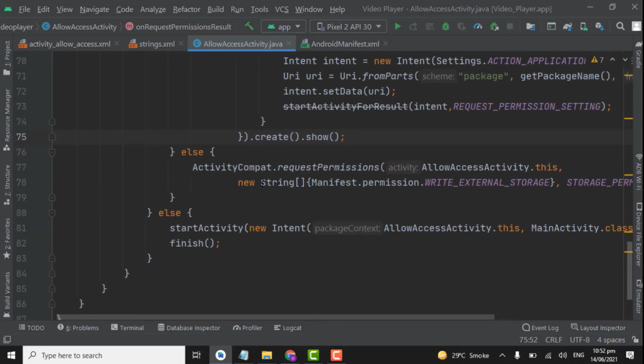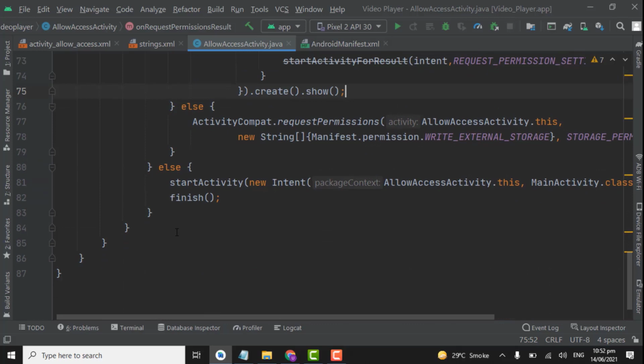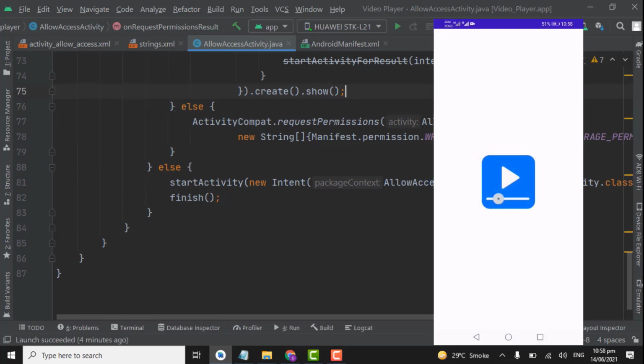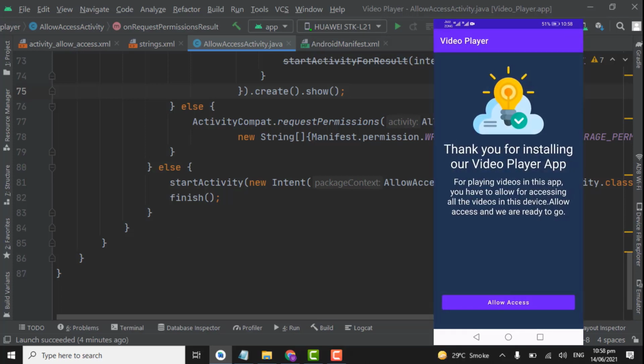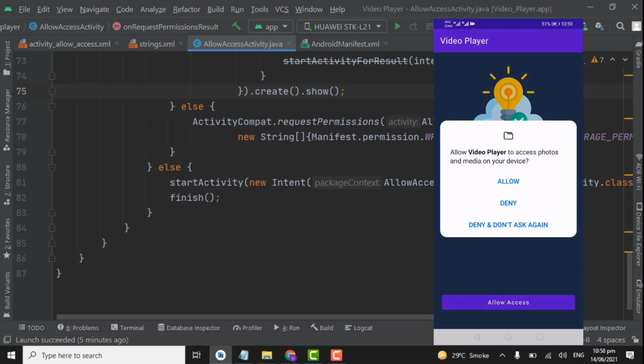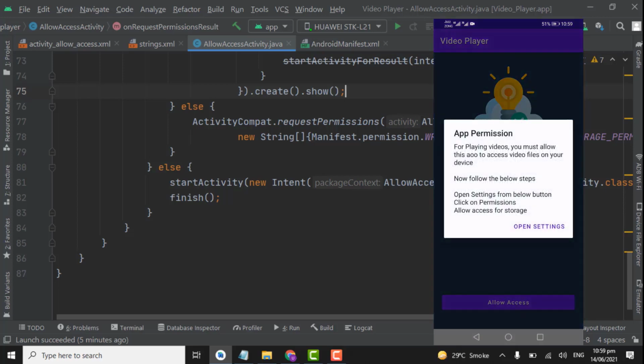So let's run the app and check if it's working or not. Our app is installed now, so let's open the app. Here click on the allow access button. Here you can see this prompt. If you click on allow, this will navigate the user to the main activity, but we will click on deny. After clicking on deny, it again shows that prompt. If you again click on deny, it will keep showing the prompt until I click on allow. If I click on deny and don't ask again,